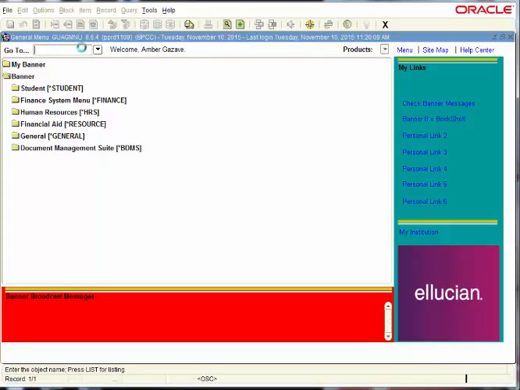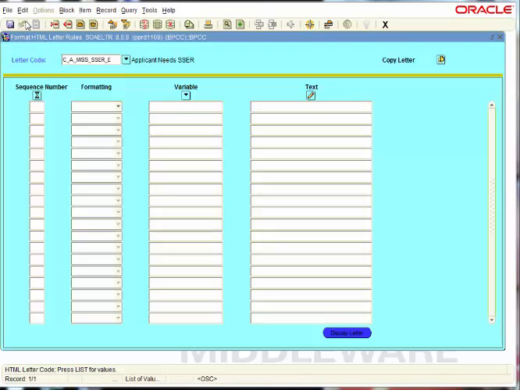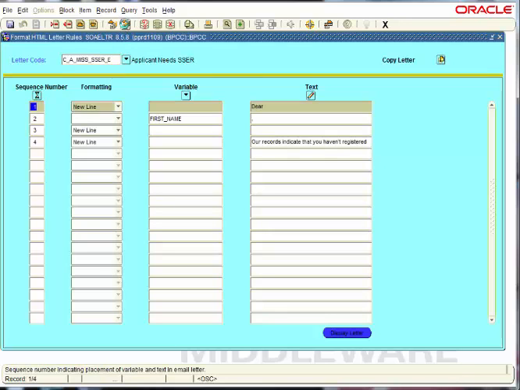So to create the letter, you're going to go to Sew a Letter, which is SOAELTR. You're going to enter the letter code, and when you look in the workbook, the LCTCS admissions workbook, it's going to provide you with a letter code. In the workbook, it always starts with X, but it says to change that first character to your college's alpha. So for BIPSI, it would be C_A_Miss_SSER_E, and you're going to perform a next block, and then you would actually do your letter.